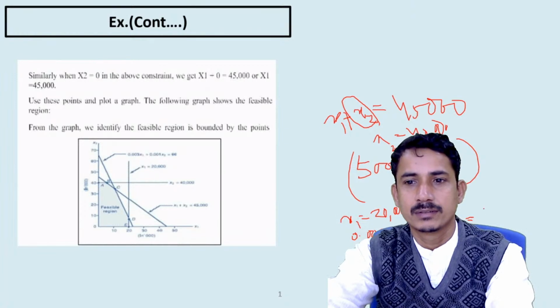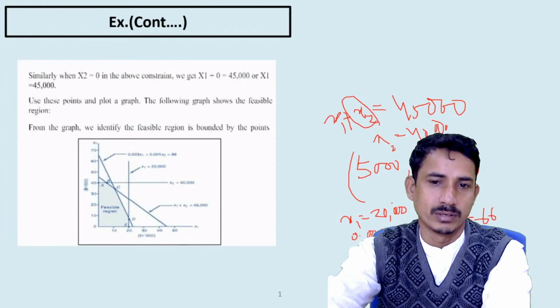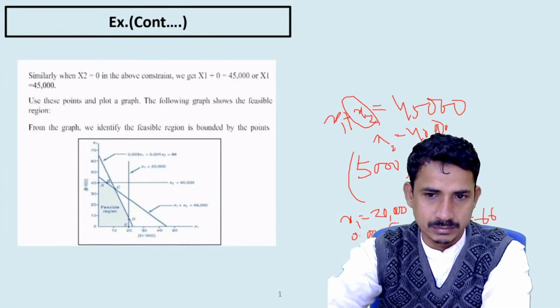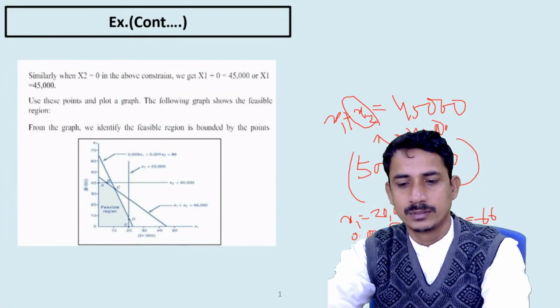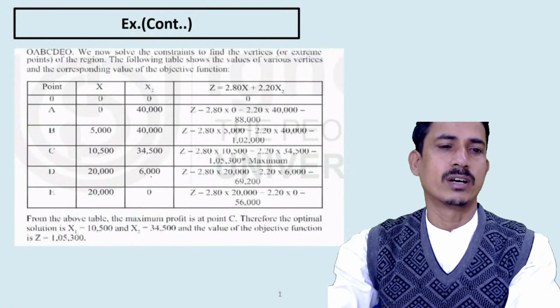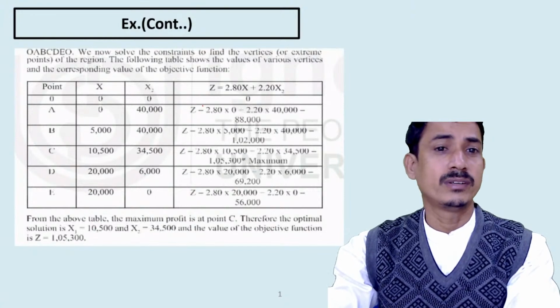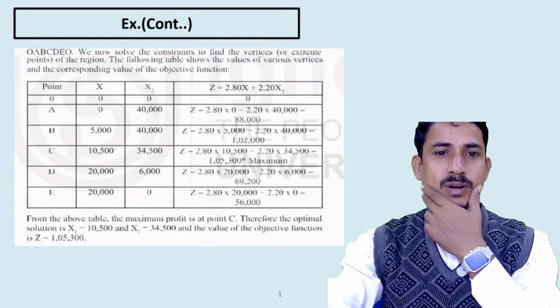But x1 is 20,000. If x1 is 20,000, put here, automatically the x2 value will come out. So with x1 given as 20,000, x2 will come 6,000. If you put it, automatically the value will come. And these values you put in the z function, by which you got 0, 88,000, 1,02,000,